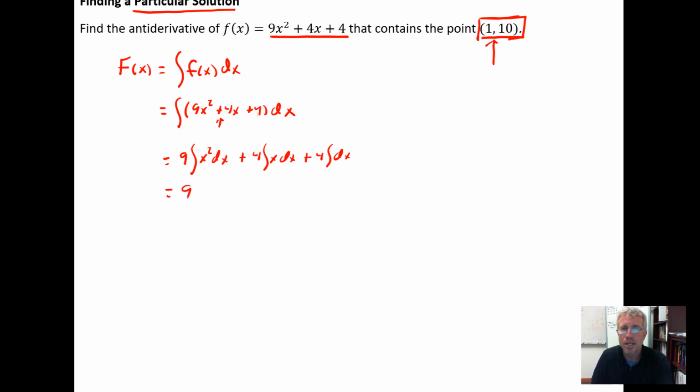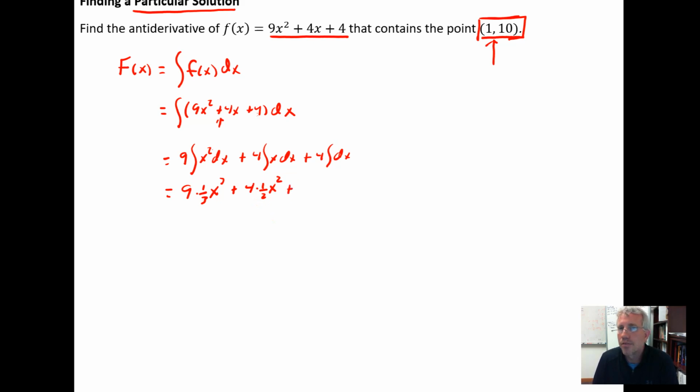So here we're going to get 9 times, we have x squared, so we're going to increase that exponent by 1 to a 3, and then we need to multiply in the coefficient position by the reciprocal of the 3, plus 4 times, this is x to the first, so we're going to increase the exponent by 1 and multiply by its reciprocal to kill that 2 when we differentiate,